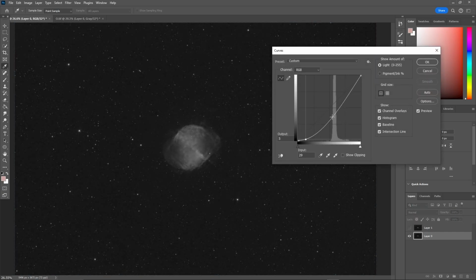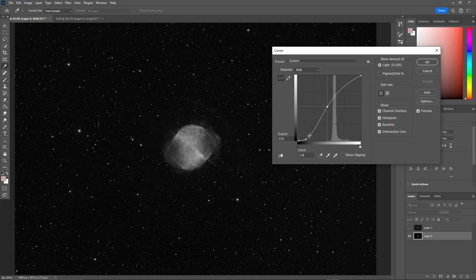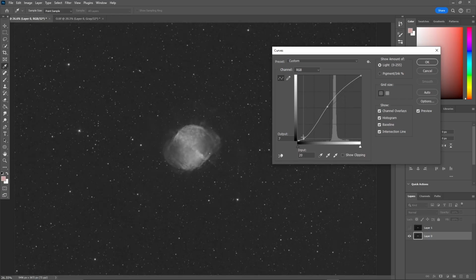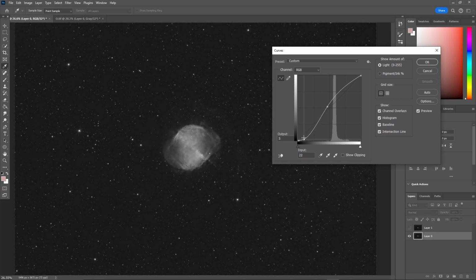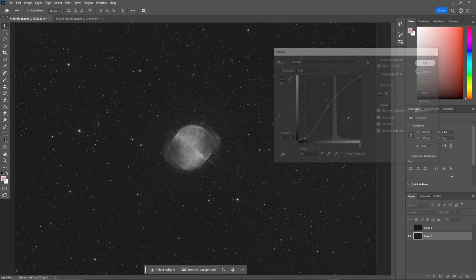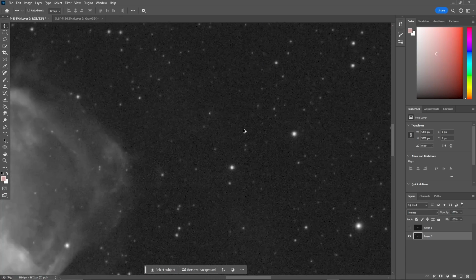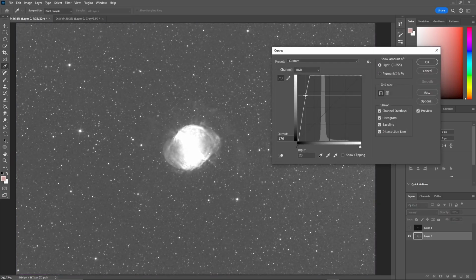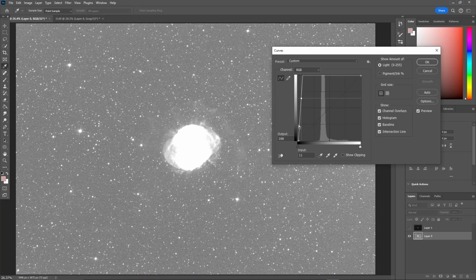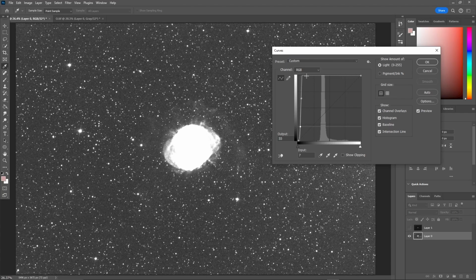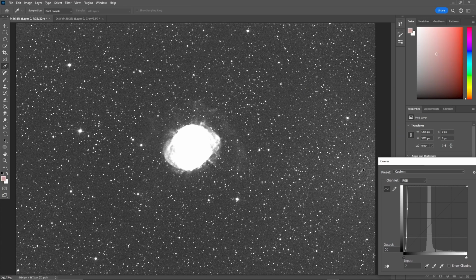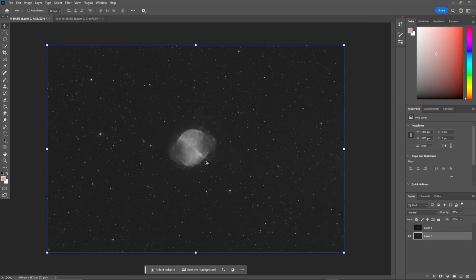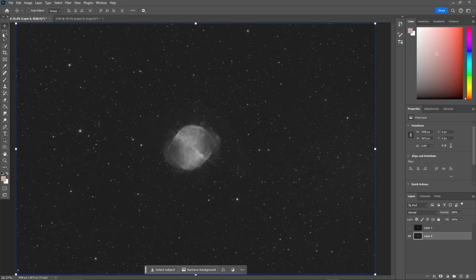Now, one thing I did notice is that we do have a little bit of a vignette or a gradient in the background of our image. So, we have to fix that, because you may notice here, I can stretch the image just a little bit to show. This side of the image is brighter than this side, and that will create some weird background artifacts that we don't want in our final image. So what we can do is we can just